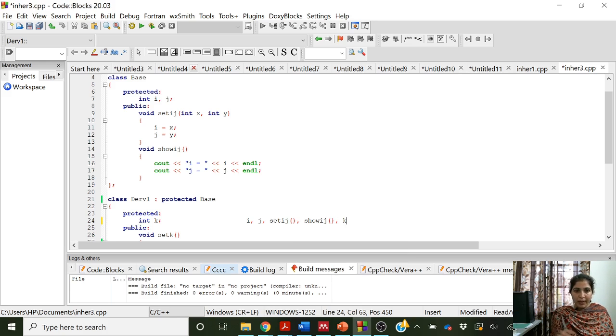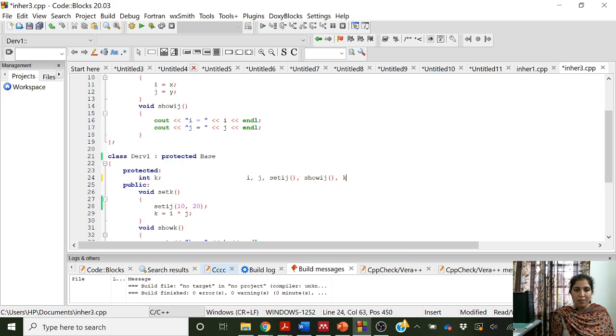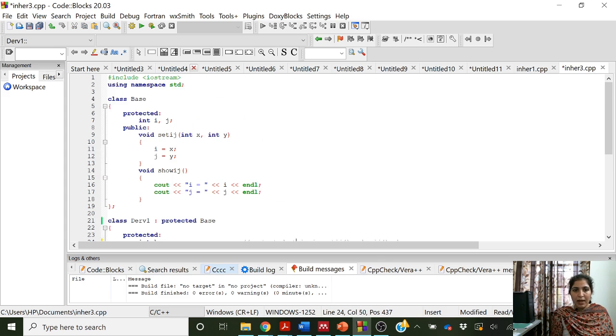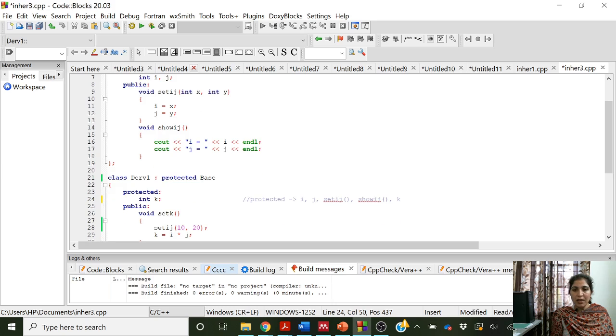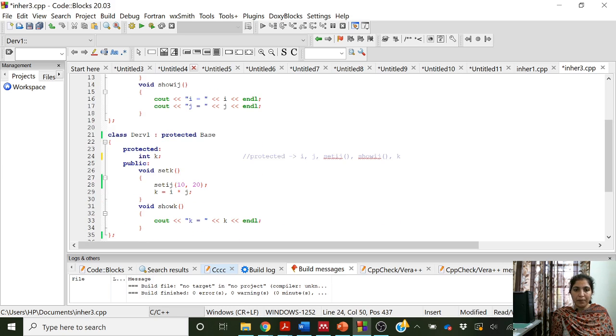It has int k from the derived class itself. So these are all the protected data members and member functions of this class: i, j, set ij, show ij and k.